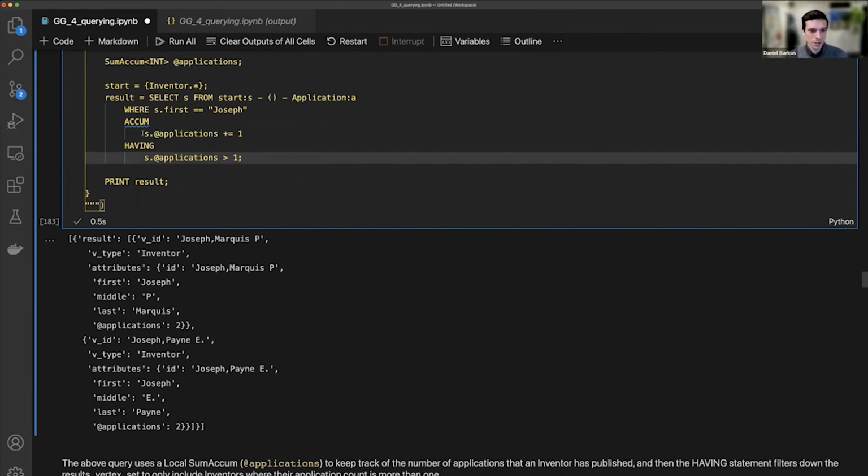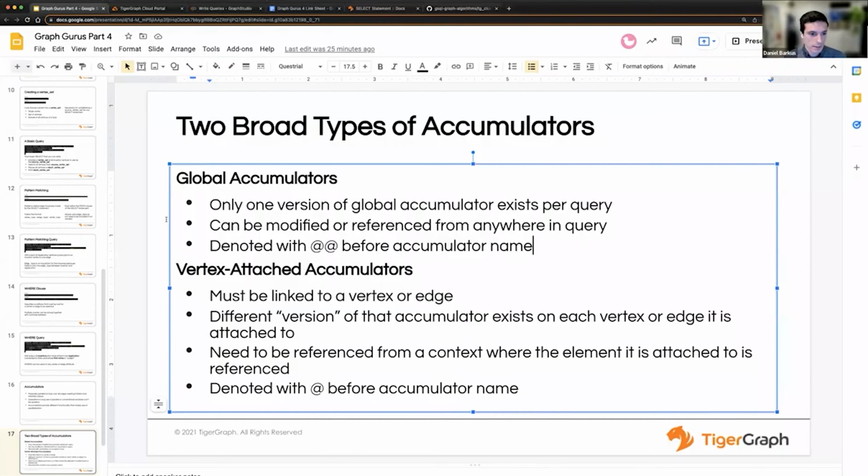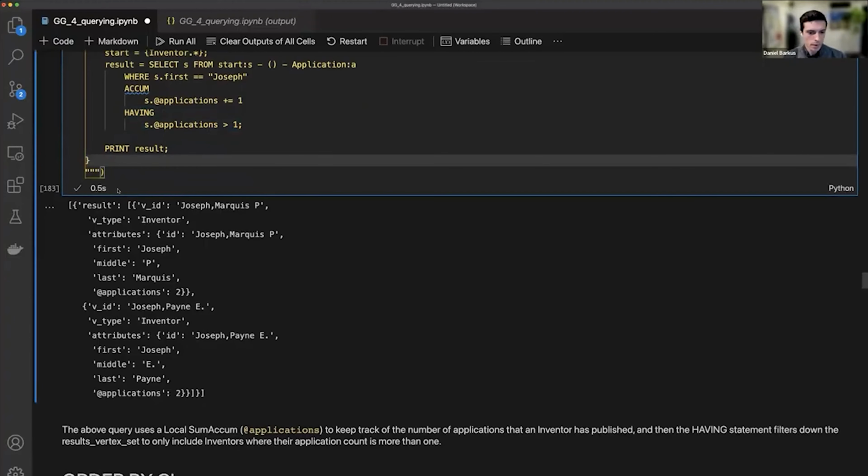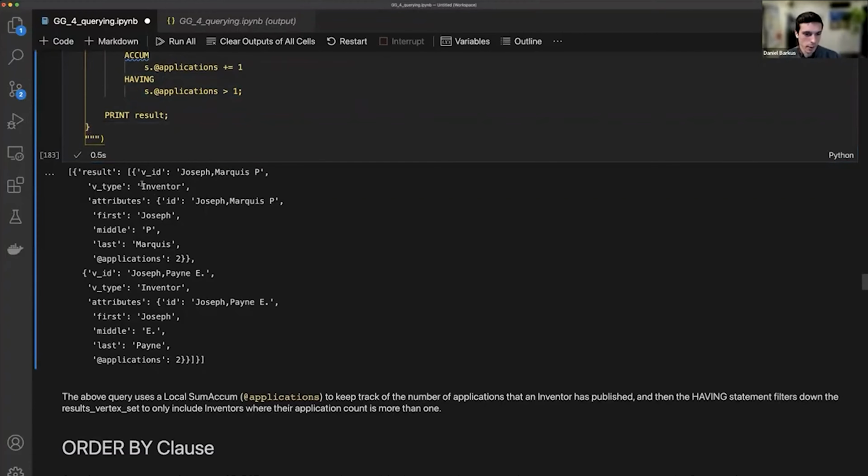So remember, these accumulations all happen in parallel, and we have to wait for that to resolve before we can then start accessing the accumulator. And if we were to look back at our big flowchart of the order that things happen in, we can see that having happens after our accum and post-accum, so therefore we can use the value of those accumulators in our having statement. And running this query, we can see that we return 2 inventors who have both submitted 2 applications,